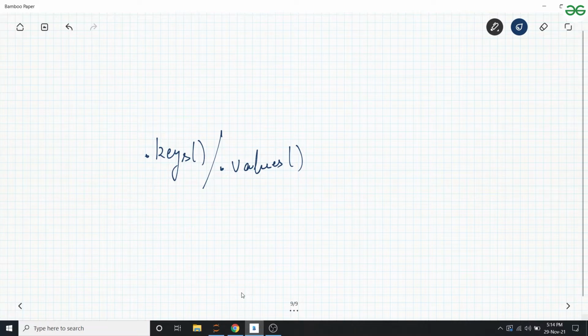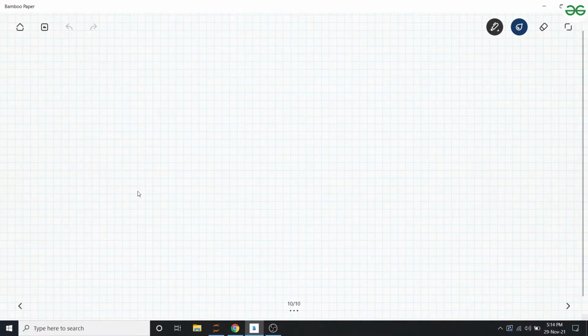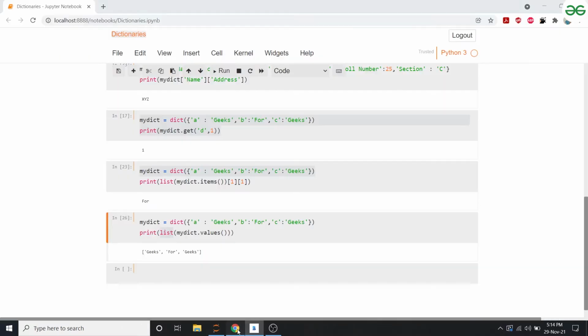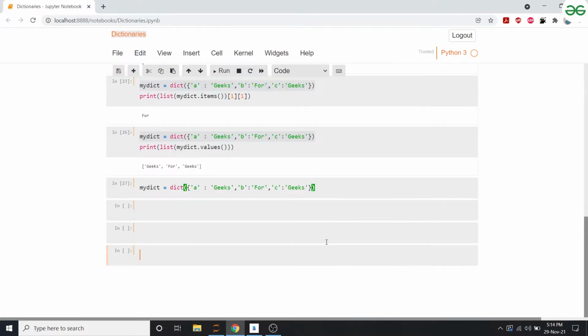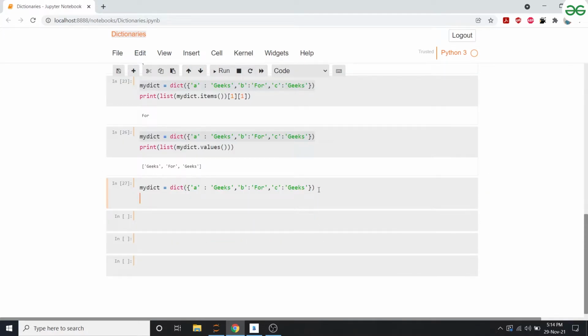Okay, so now we'll move on to another function that is a bit important. It is dot update. So what exactly does update do? Take for example that I have this dictionary. But now what I want to do is update the value of A from geeks to, let's say, Amsterdam.